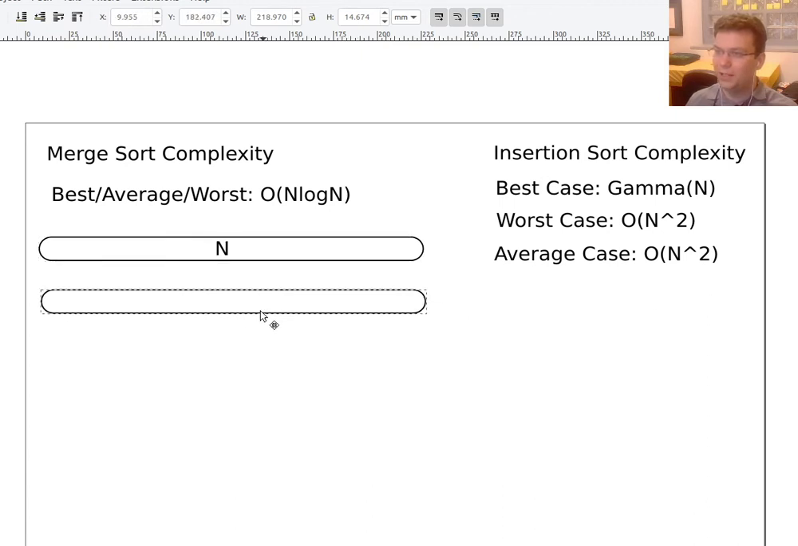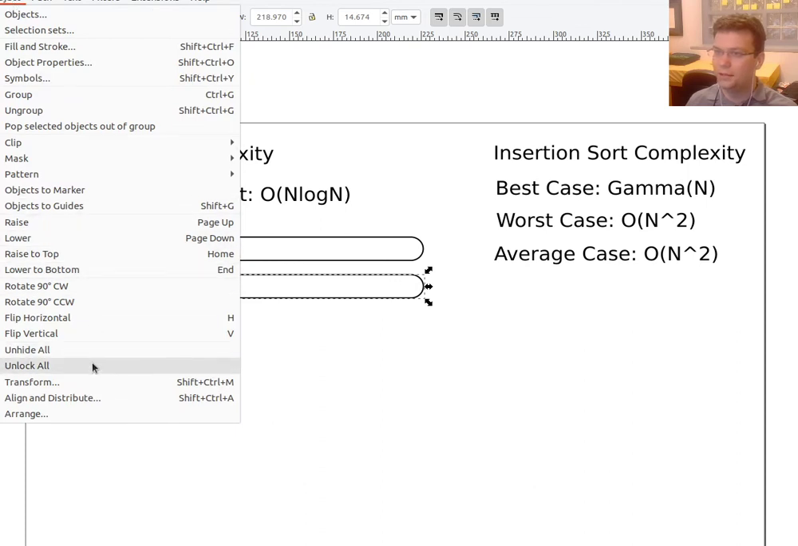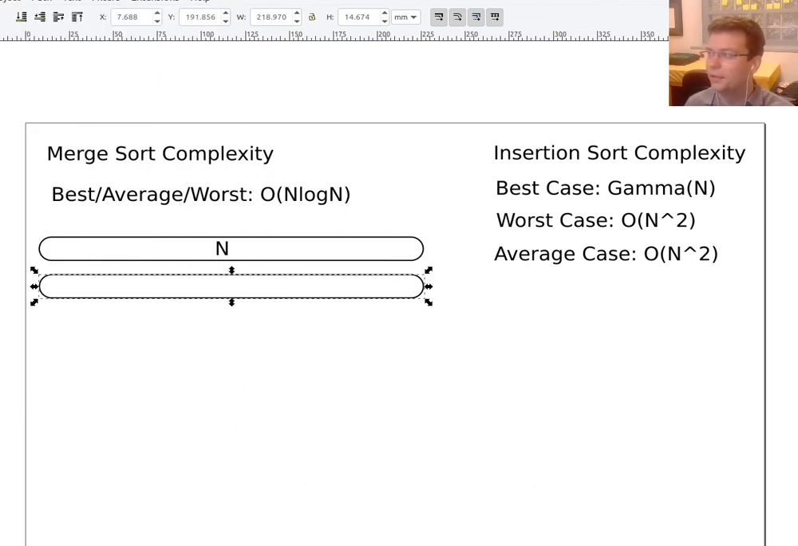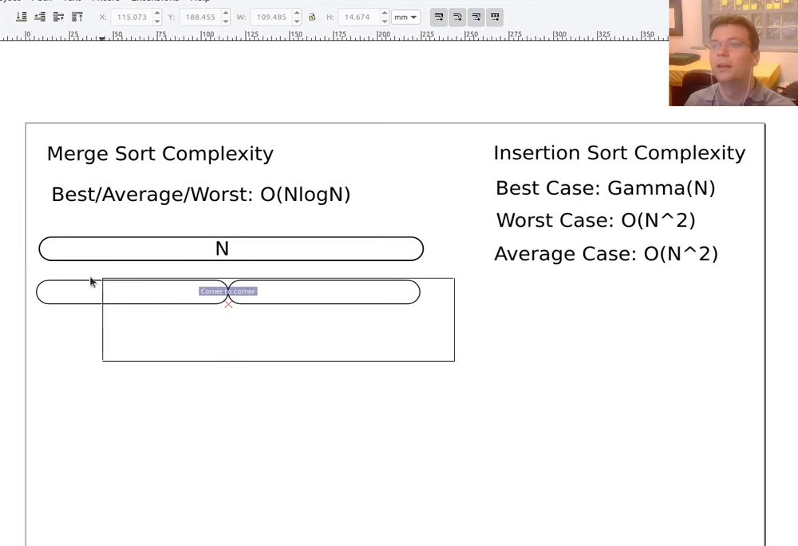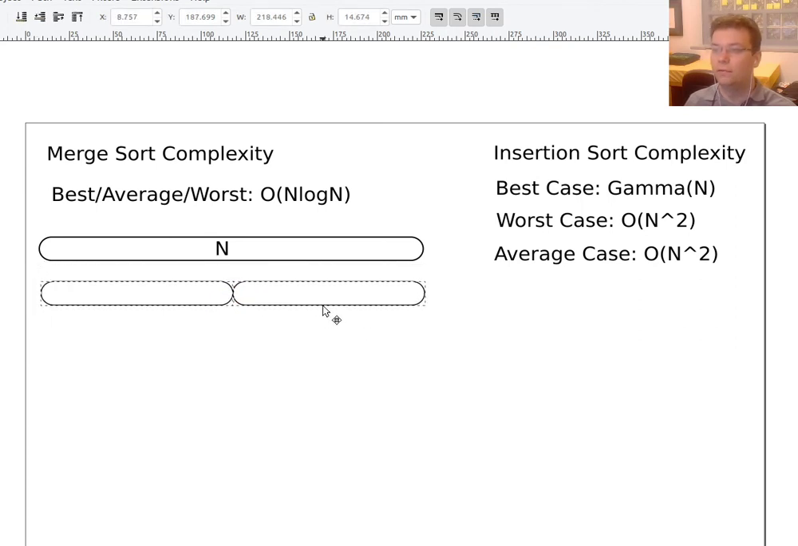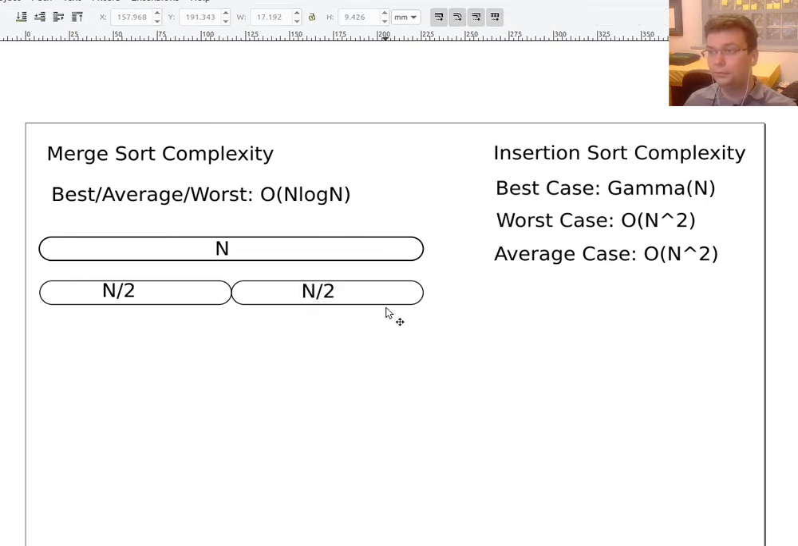Okay, but actually, before we even get there, we have to recursively go down. We actually have to recursively sort and merge these two halves before we can merge them together into the full n. So each one of these takes n over 2 steps to complete at these levels. But then guess what? These also branch off